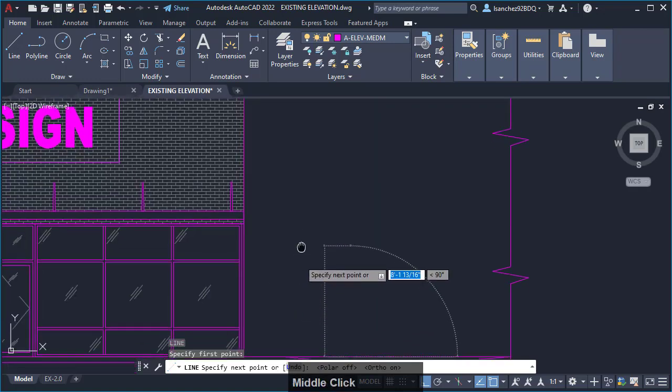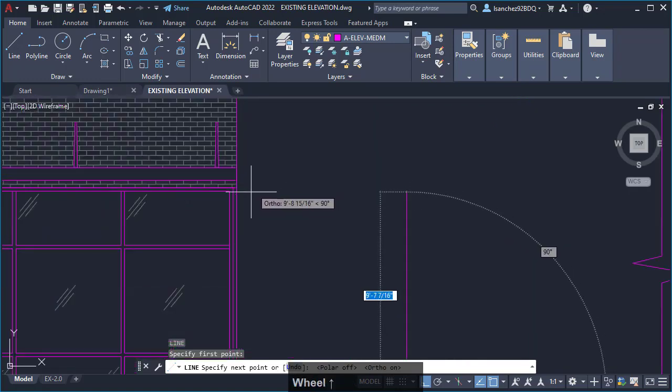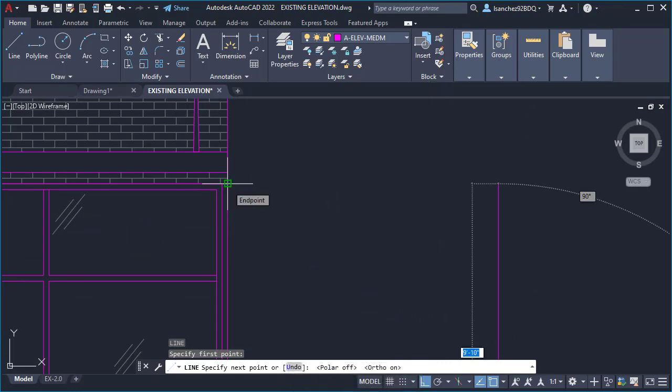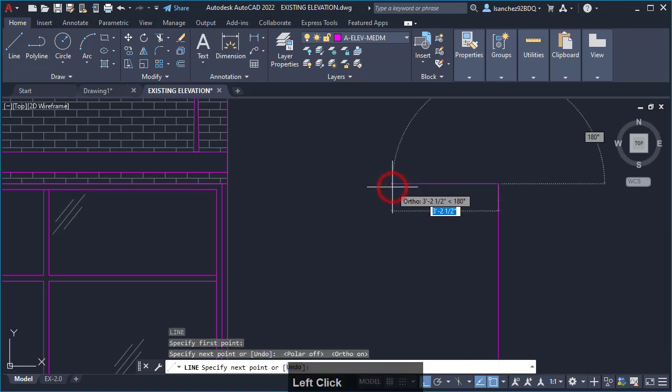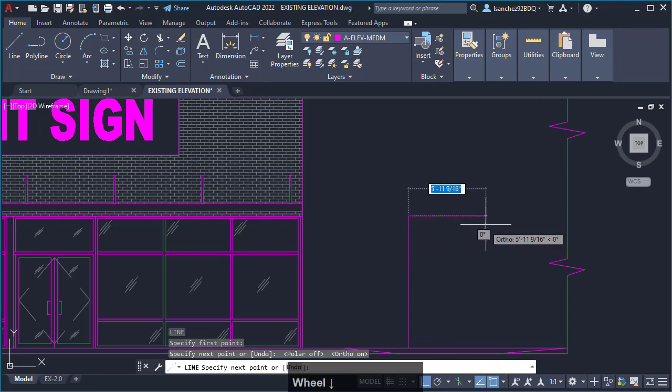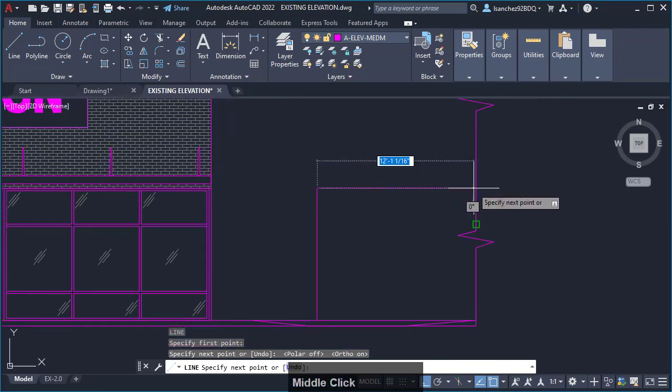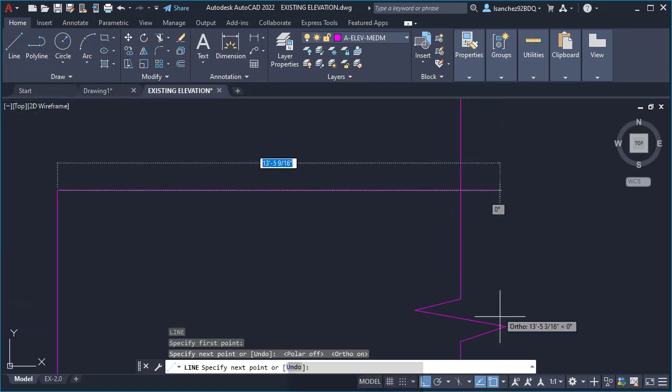So what I can do is hover over this till I see endpoint, and then I can move to the right like so. Once I see the little white X, that means the extension is working, so I can click anywhere in here. I'll click here, and finally I can move to the right,